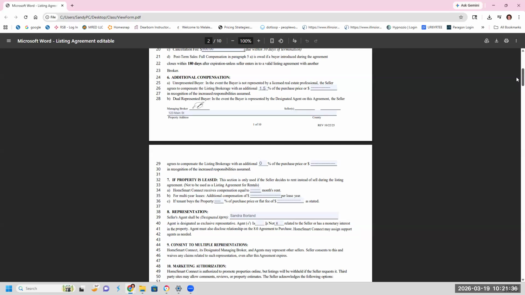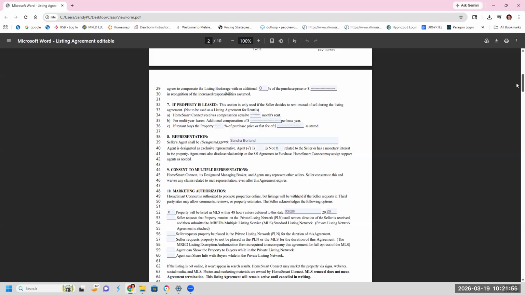All right. So you notice here at line 29 that I put 0. I am not giving myself the option of doing dual agency because I don't personally believe in it. Now, there are some states in the United States that have actually banned dual agency, just so you're aware. And every time we go through a license law rewrite, there will be somebody proposing that we ban it here. It hasn't happened yet, but it could happen at any time.